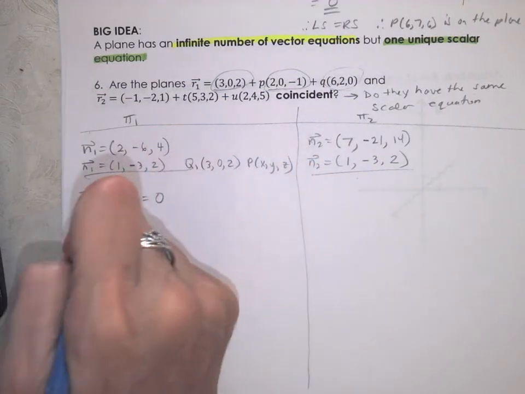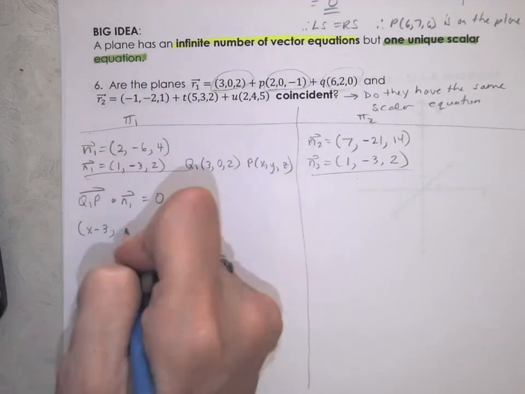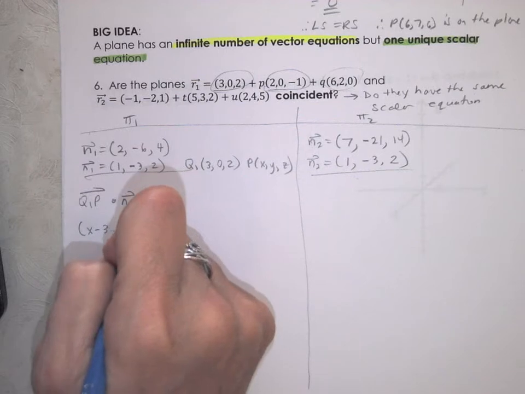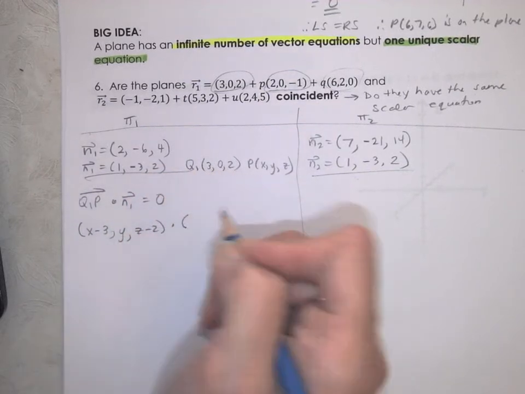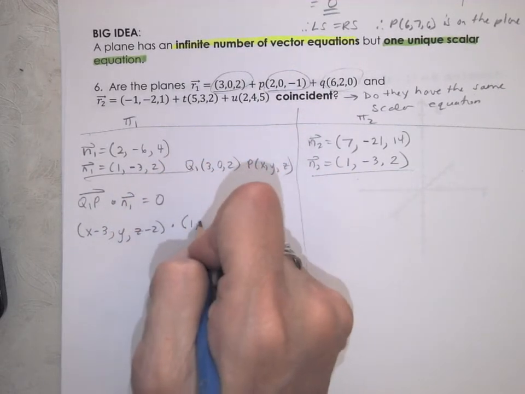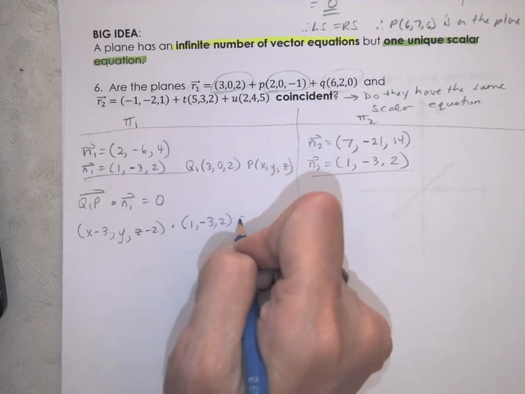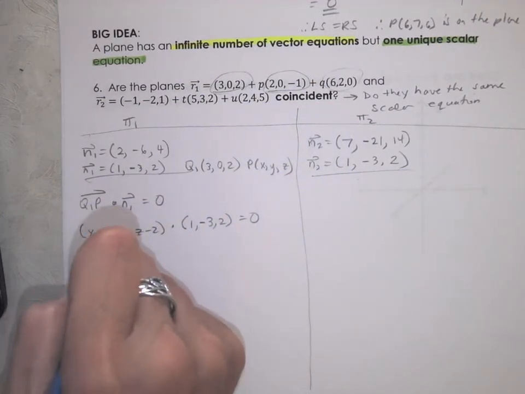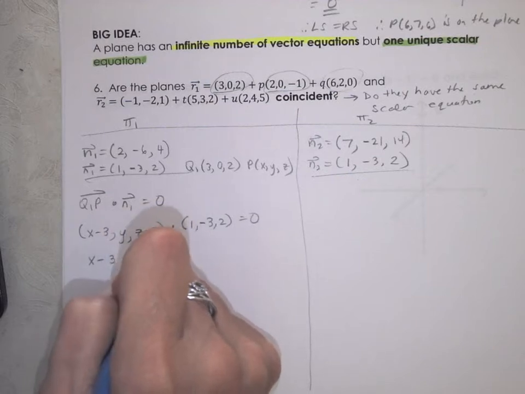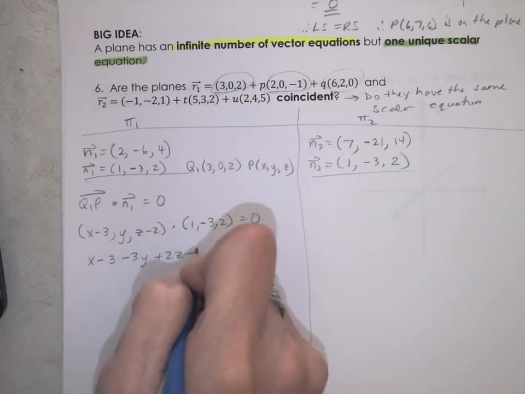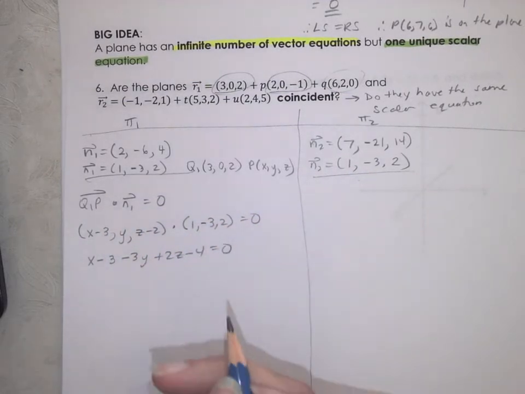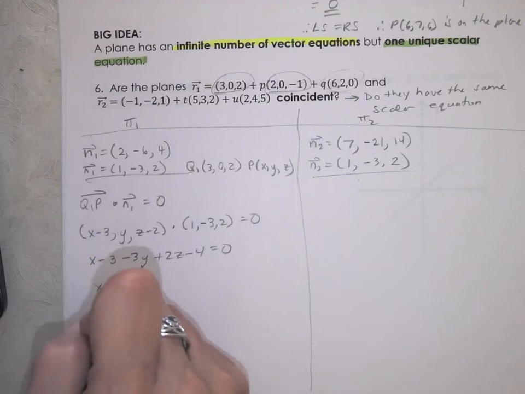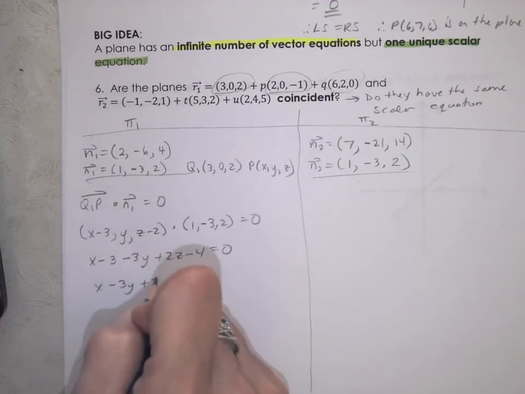So Q1P is going to be x minus 3, y, z minus 2, dotted with our normal, which is going to give us x minus 3 minus 3y plus 2z minus 4 equals 0, or x minus 3y plus 2z